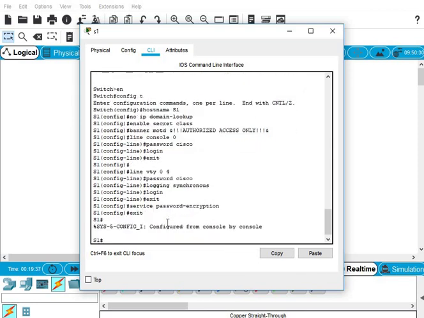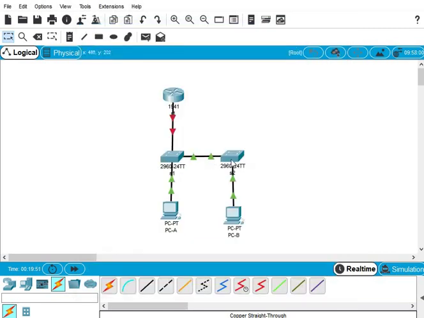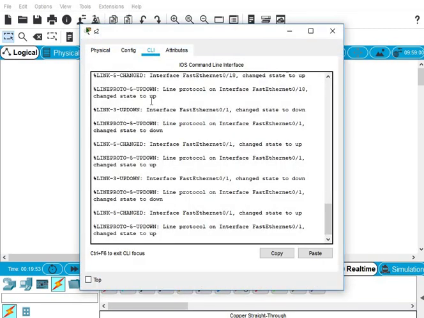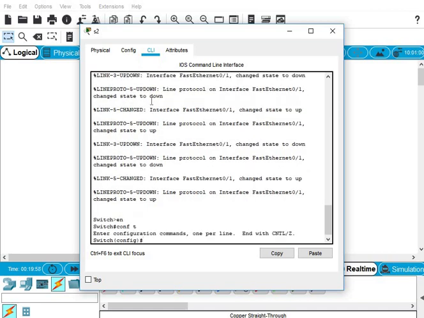Okay. Now the next thing that we would like to do is to copy run start to save the configuration that we had made on the S1. The next thing is configure S2 or the switch 2. Enter the global configuration mode and just do the same thing that we did on S1, which is configure the host name,